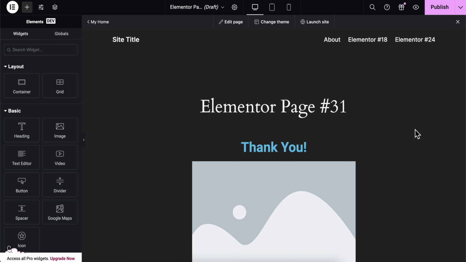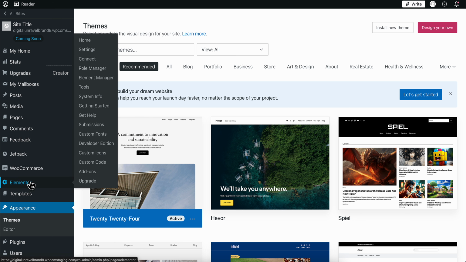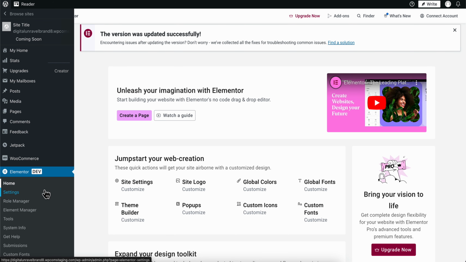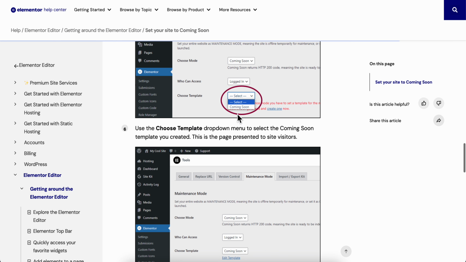How to create a coming soon page in Elementor. So what you're gonna have to do is simply go to your WordPress dashboard, and then you're gonna have to select Elementor, and then the next step is to simply go to this